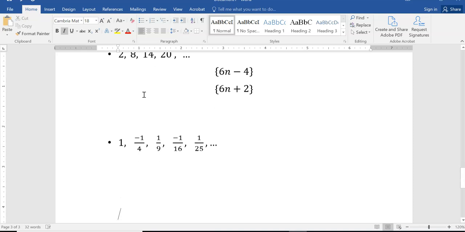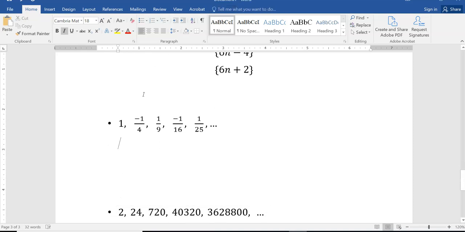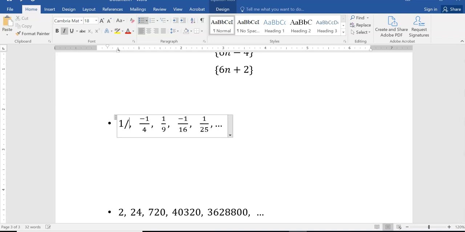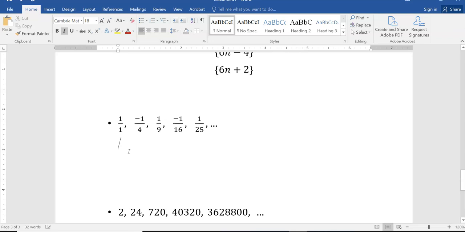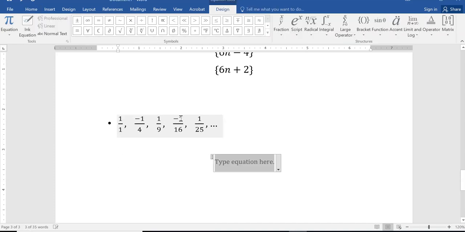In this sequence here, what's happening on the top, 1, we should think of as the fraction 1 over 1, and then it should make sense that we're dealing with numerators and denominators separately. In the numerator, we're starting at 1, negative 1, 1, negative 1, so we're alternating back and forth between negative 1 and 1. If you remember how to do that,